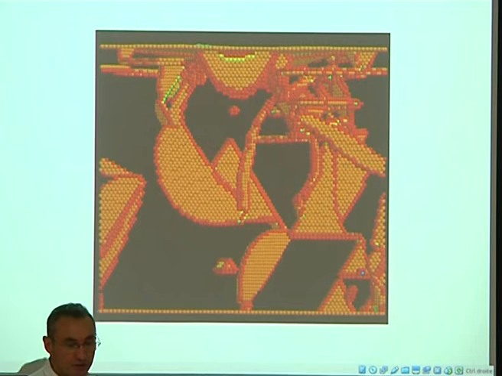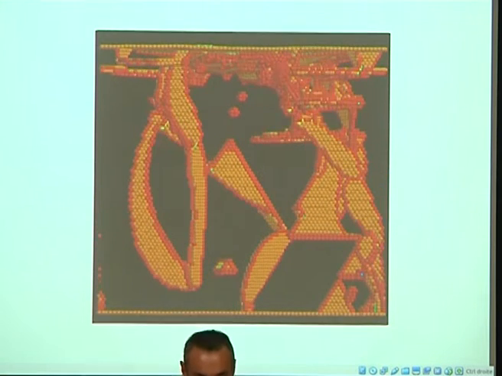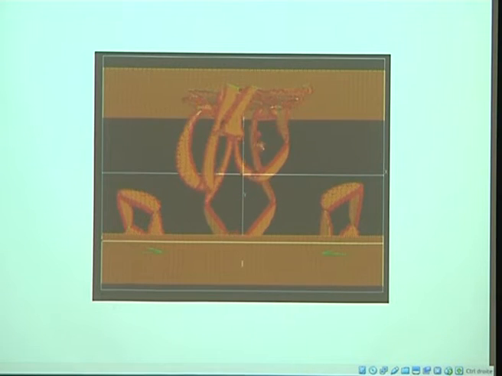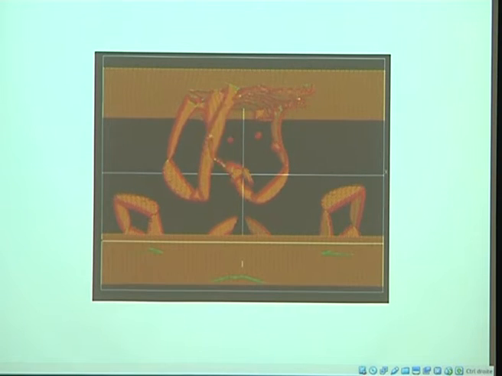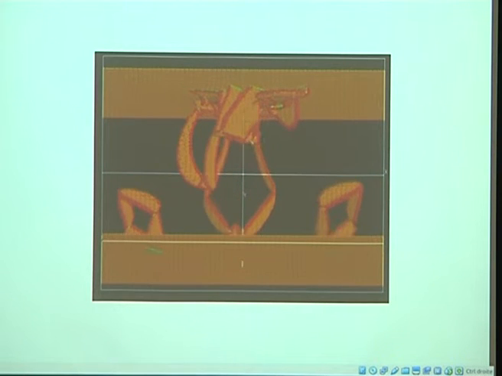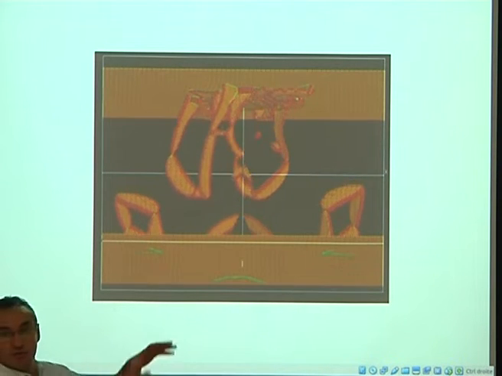But if I take a bigger box, now that I took a bigger box, all those simulations were run on my laptop 10 years ago. So I'm sure you can do it very easily on a single laptop. Now, there are less than 1.5 million atoms here, so it's something that takes a couple of hours nowadays to run. This is the same simulation, but now I took a bigger box.